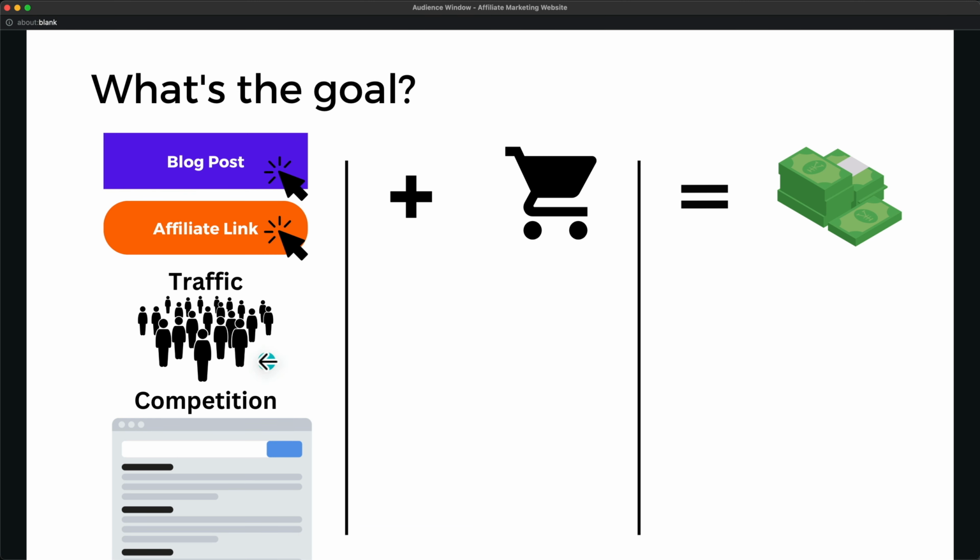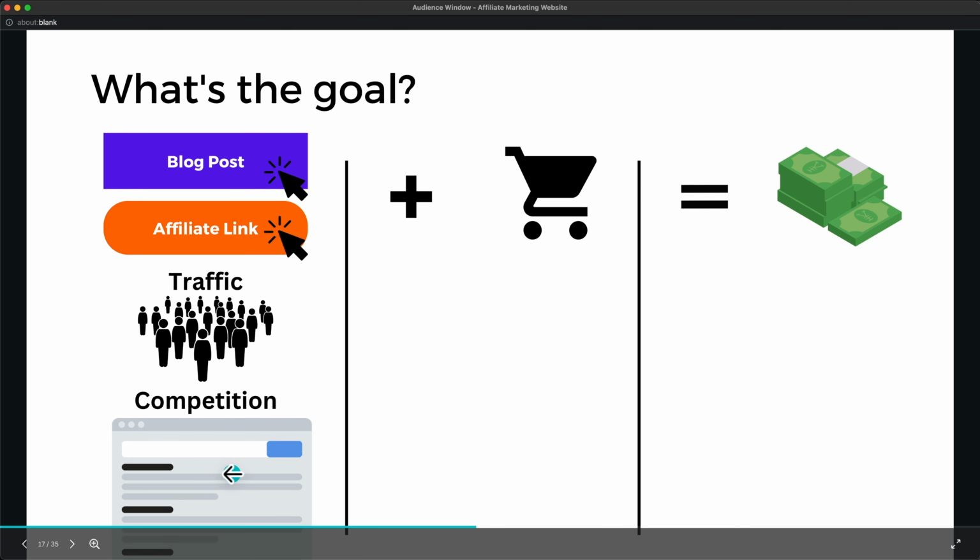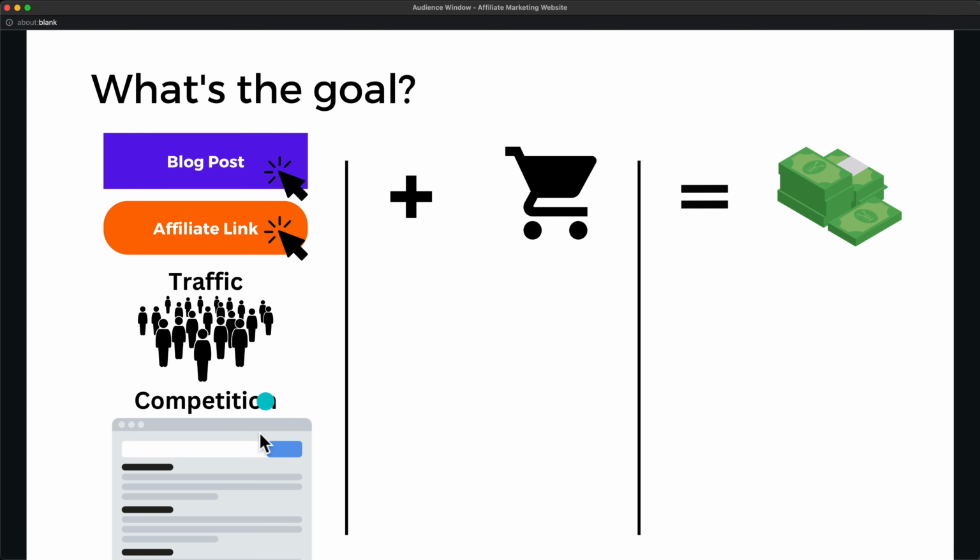So we can't just look at, okay, what people are looking for, what actually makes money, let's create content about that, because then we probably will end up on page 30 on Google and we will not get any clicks on our blog post, and no clicks on our affiliate links means we make no money. So we want to keep in mind, we need to look at the traffic, because if there's nobody looking for the content, then we also don't get any clicks. But if there are people looking for it, but there's too much competition, we also don't get any clicks. So you want to always keep in mind traffic and competition. These two things always play against each other.